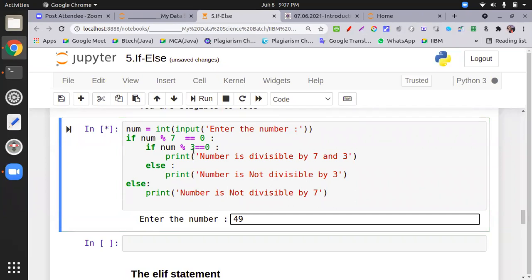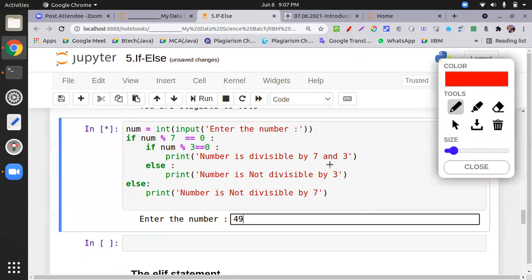The number is not divisible by 3. Is she speaking correctly or not? She is not speaking correctly. Now, what is your opinion? It's divisible by 7, sir.